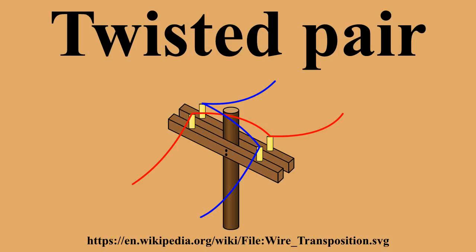Less common variants. Loaded twisted pair: a twisted pair that has intentionally added inductance, a formerly common practice on telecommunication lines. The added inductors are known as load coils and reduce attenuation for voice band frequencies but increase it at higher frequencies. Load coils reduce distortion in the voice band on very long lines. In this context, a line without load coils is referred to as an unloaded line.